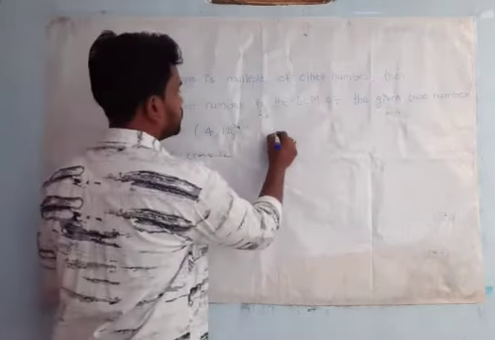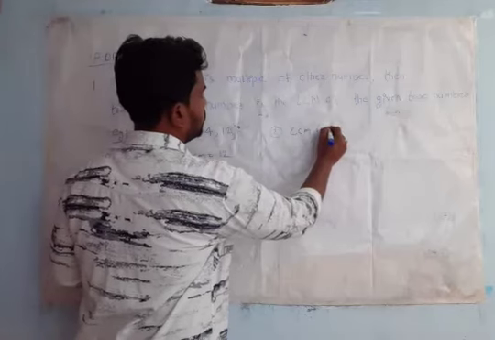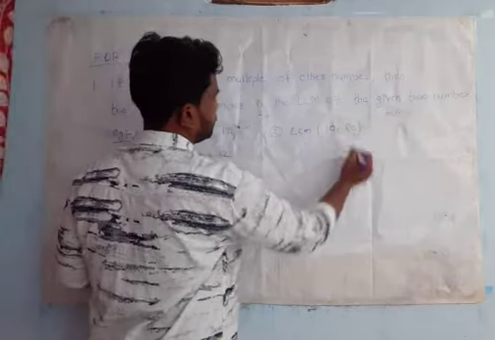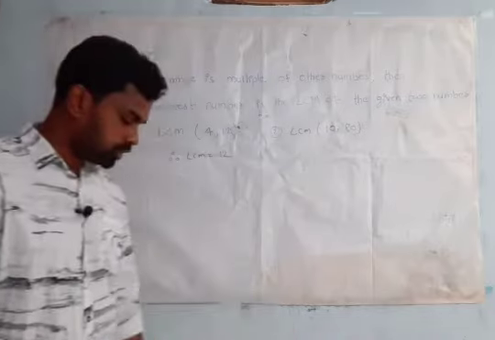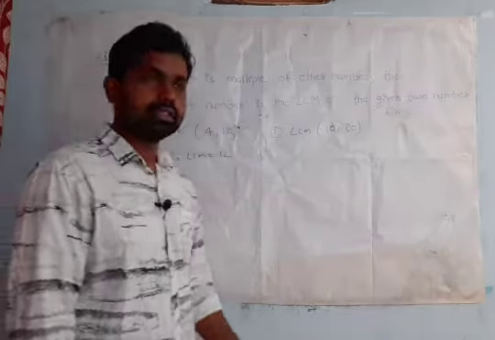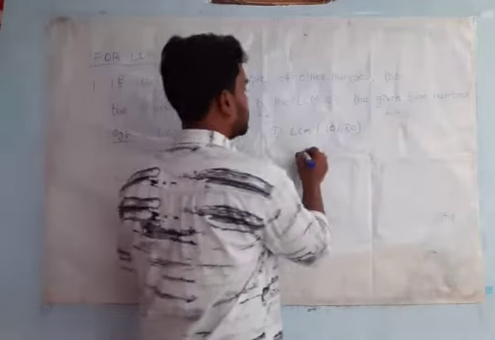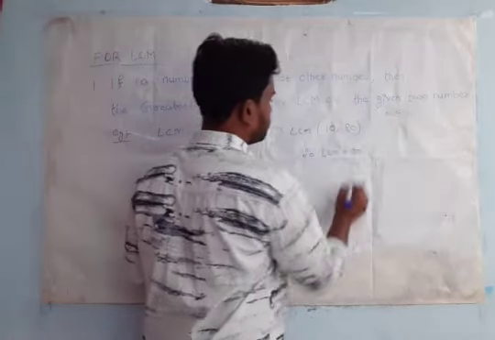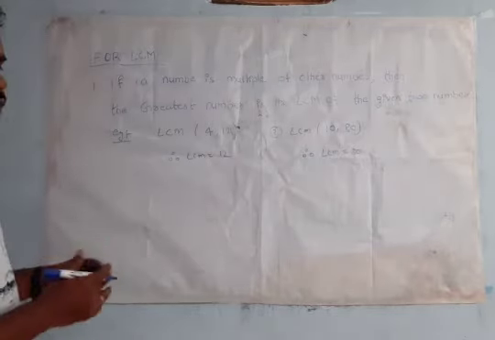Next one. Let us see the next problem. Suppose LCM of 10 comma 80. Now you see in the list of multiples of 10, 80 is there. Yes, it is there. So we can say the greatest number. What is the greatest number here? 80. So LCM equal to 80. Simple, very simple. Over, finish. So we'll see the next one.